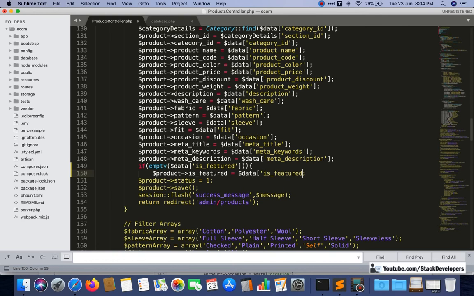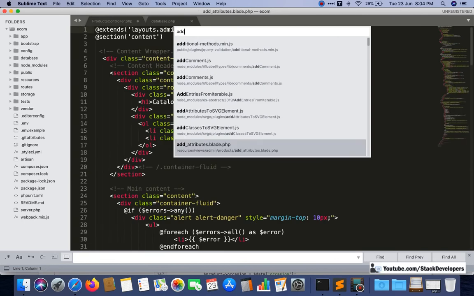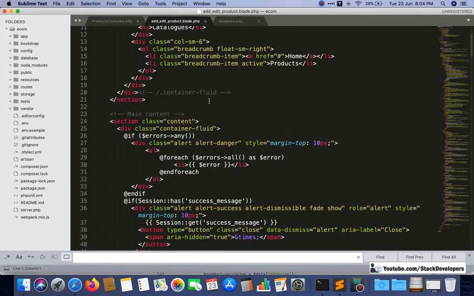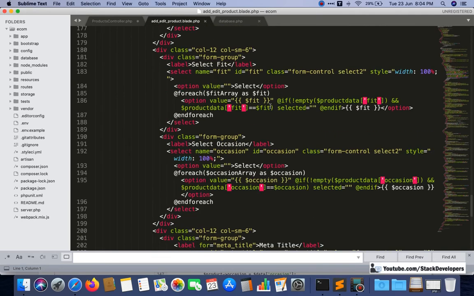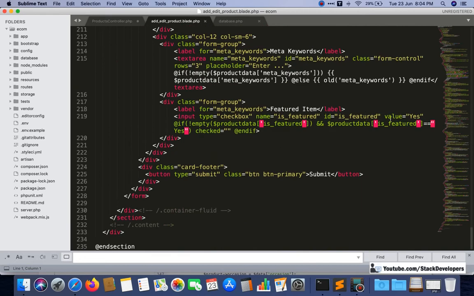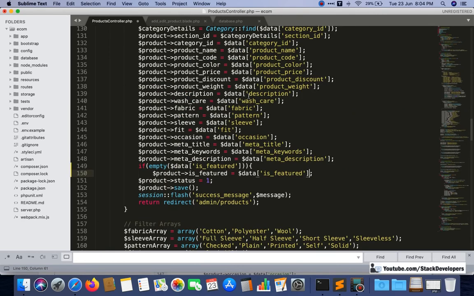If is_featured is not empty: you can open the add edit product blade file, and you can see is_featured is coming as yes if it is checked. If it is not checked, then no value is coming from is_featured, so the value is empty at that time.